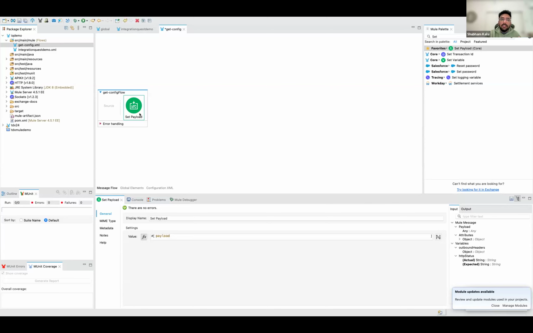So set payload basically helps you to set a payload that will be used in the next step. So here the value is payload, but since we don't have any payload in the beginning, I will be setting up that payload here. So I will basically write in a simple JSON with the name,